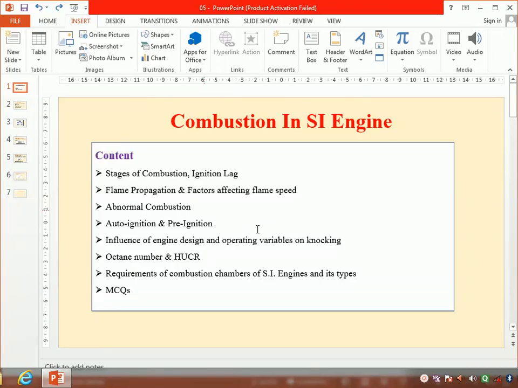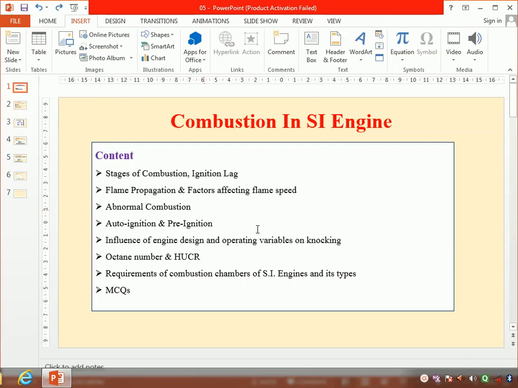Welcome friends. Today we will discuss chapter number 5 from the second section, combustion in SI engine. The points we have to discuss in this chapter according to the syllabus are: stages of combustion, ignition lag, flame propagation, factors affecting flame propagation, abnormal combustion, auto ignition, pre-ignition, influence of engine design and operating temperature,